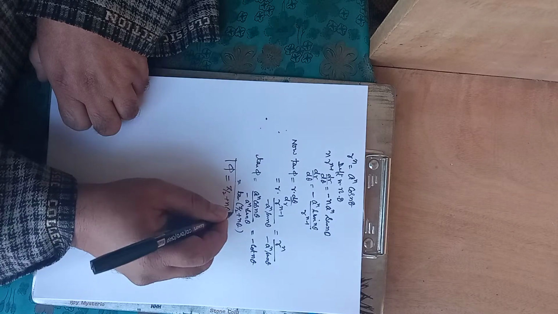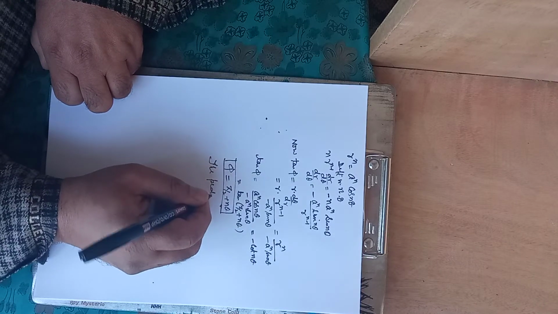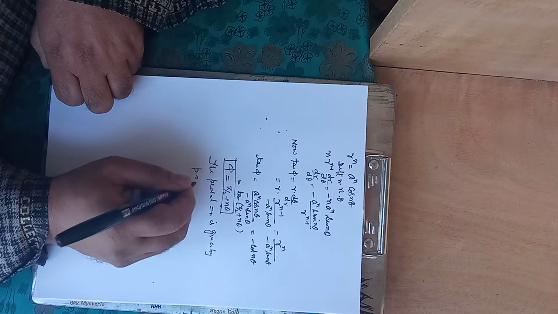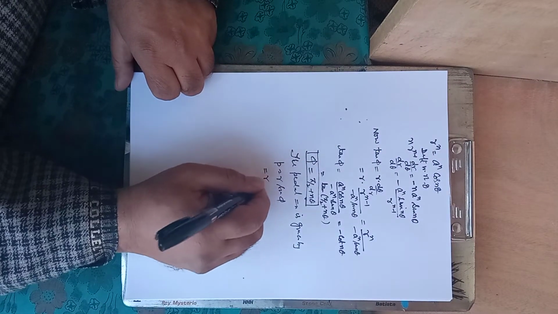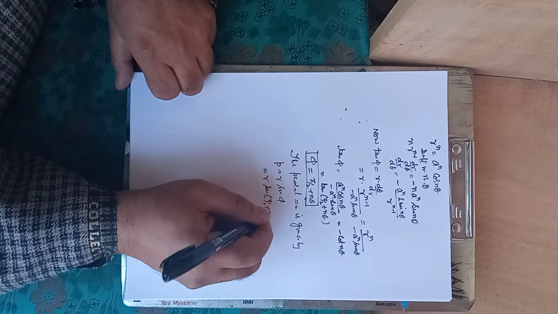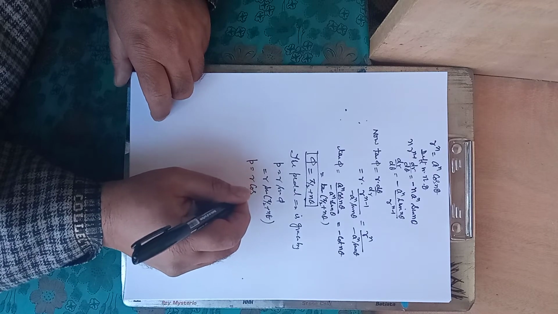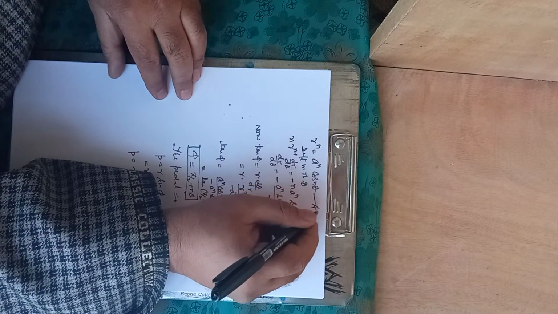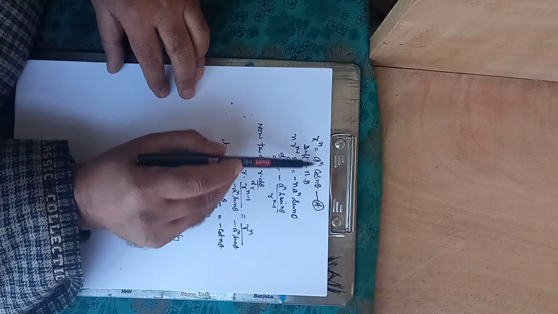I have obtained phi. Now the pedal equation is given by p equal to r sin phi, means r sin of pi by 2 plus n theta. Now sin of 90 plus theta is cos, so p equals r cos n theta. But from the given question, r raised to the power n equal to a raised to the power n cos n theta, I can find cos n theta. Cos n theta is r raised to the power n upon a raised to the power n.